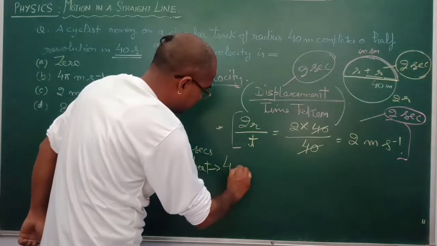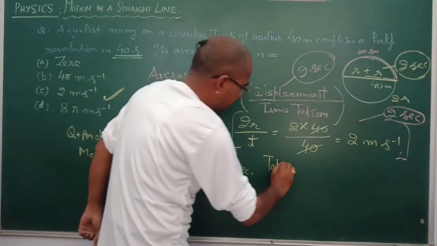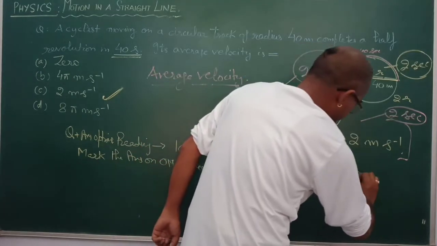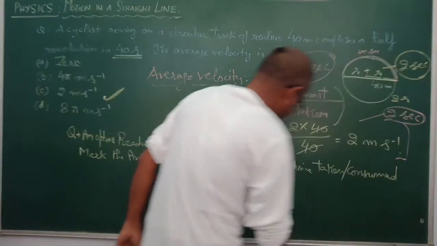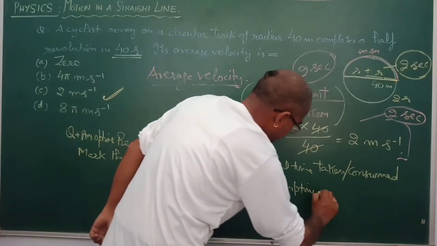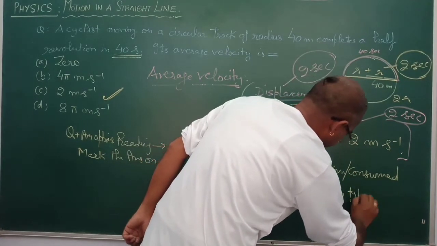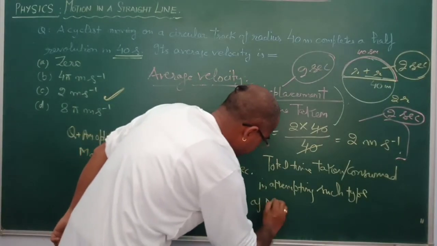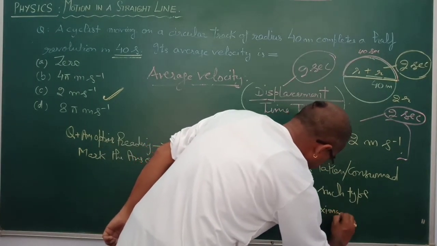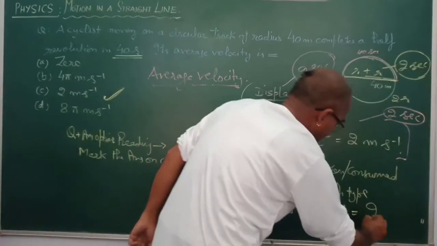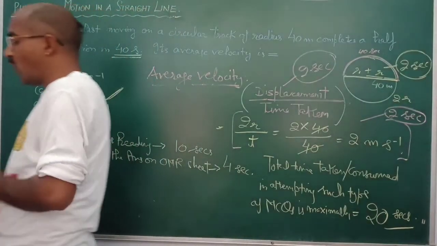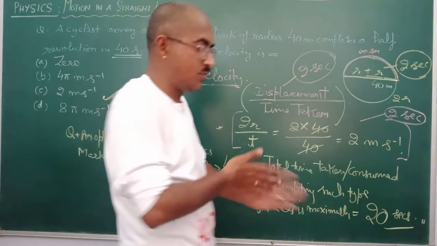Suppose you took 4 seconds. Then total time taken or consumed in attempting such type of MCQ is maximally 20 seconds. So most of the students what they say, हो कैसे होगा, फिजिक्स पार्ट है, फिजिक्स न्यूमेरिकल्स आर वेरी